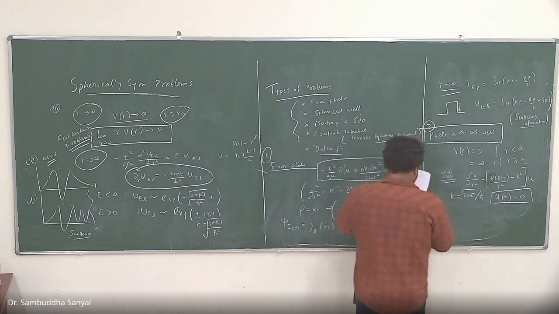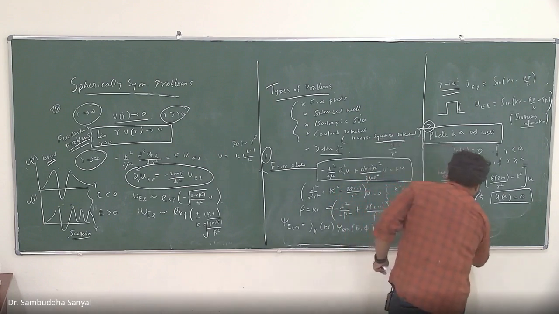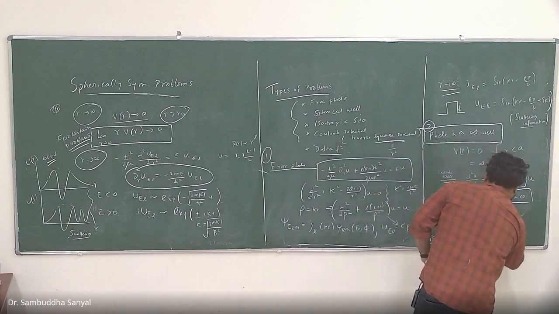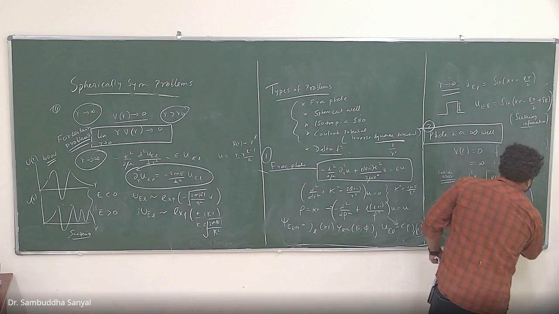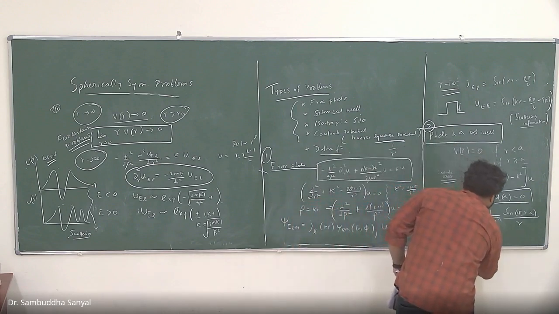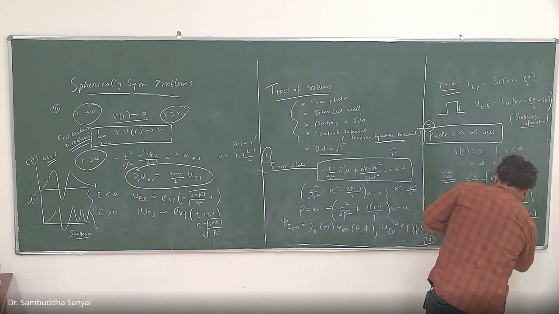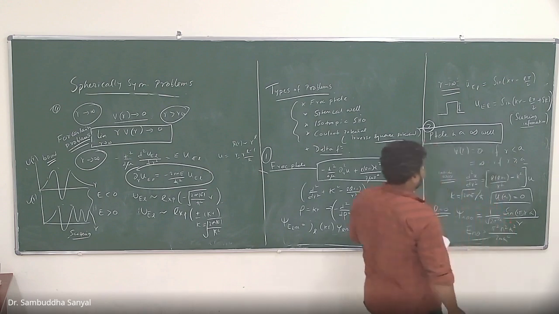So if you turn the crank, you will see that for l equal to 0, the solution will be sin(n pi r/a), an expected solution. It is just like the particle in a box, n pi r, but with a 1 by r because it is spherical. And E_n0 will be pi square n square h-cut square by twice m a square. This is the l equal to 0 solution.